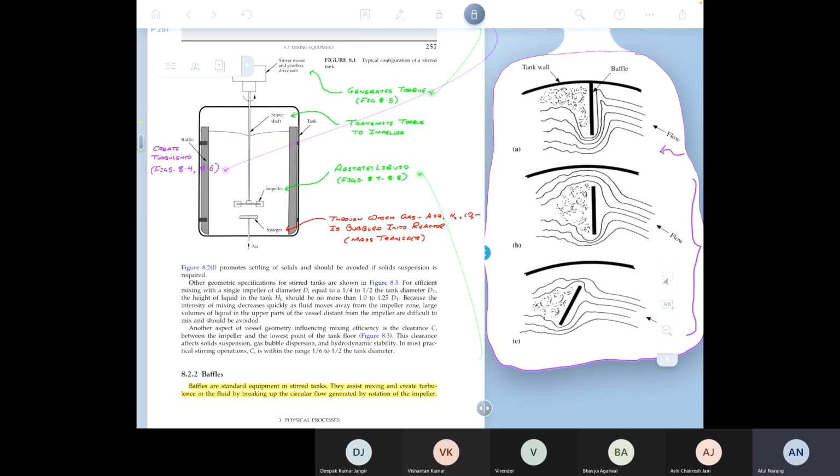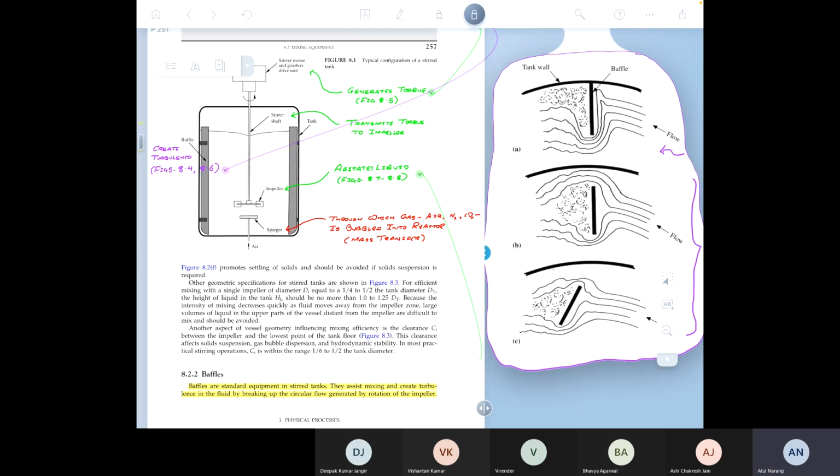On top, you can see the baffle is literally attached to the tank wall, so there is no gap. There's no clearance between the baffle and the tank wall. This is typically used when the viscosity of the liquid is very low. If the viscosity of the liquid becomes marginally high, if it is intermediate, you use the picture shown in B. So you place the baffle, but you put a little bit of a clearance out there because in very viscous liquids,